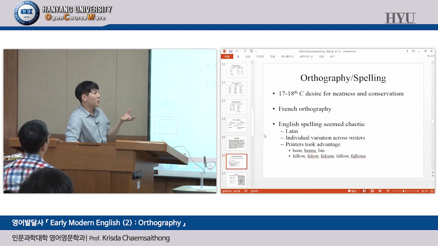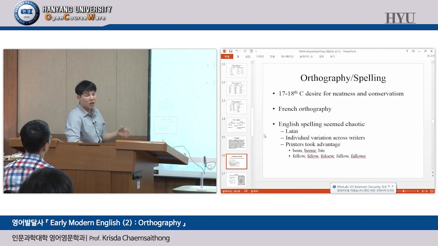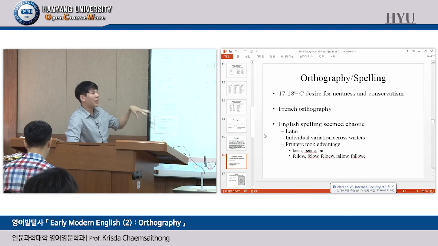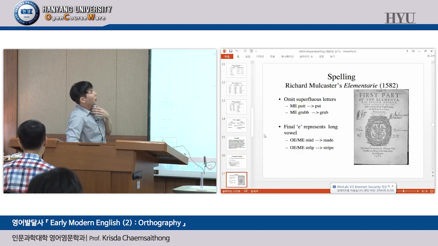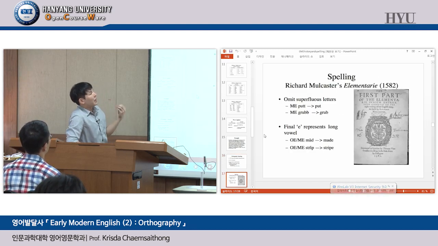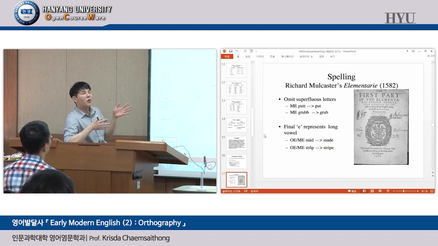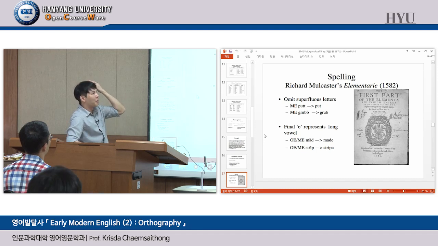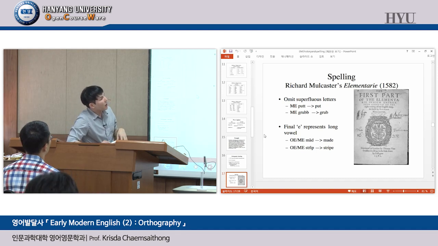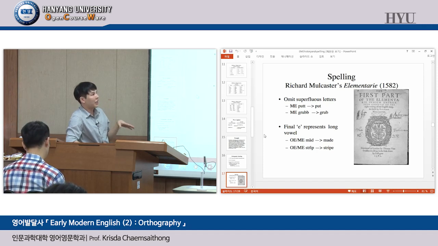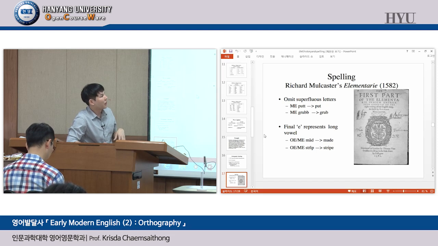So the printers would just use the form that they are familiar with and the form that they think is the right pronunciation. So there's only 1 now, rather than many. So now in response to the need to lay down the rules for spelling and also for grammar, this is for spelling first, you have manuals, books telling people how you should spell things in this particular period. So this is one of the first spelling books, spelling manuals that tell people how to spell. First part of the elementary, which